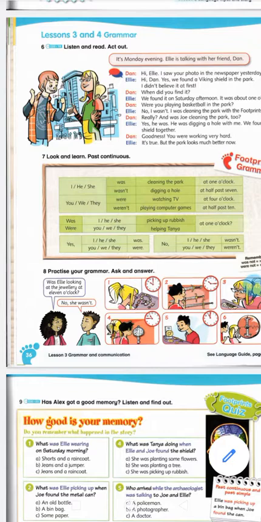The past continuous. We use the past continuous to talk about an incident, an event, or an action that happened in the past and lasted for some time. Let's see what the affirmative past continuous verb form is.